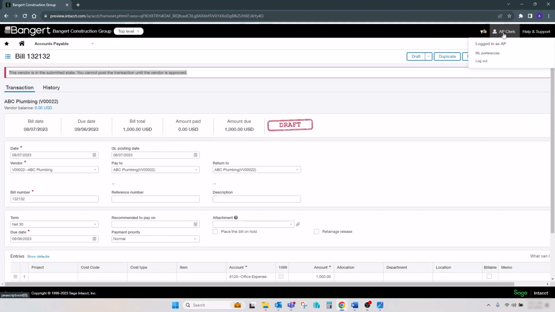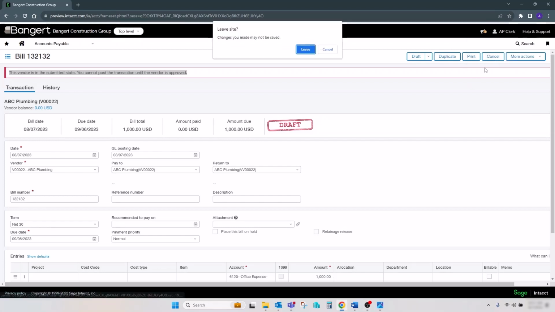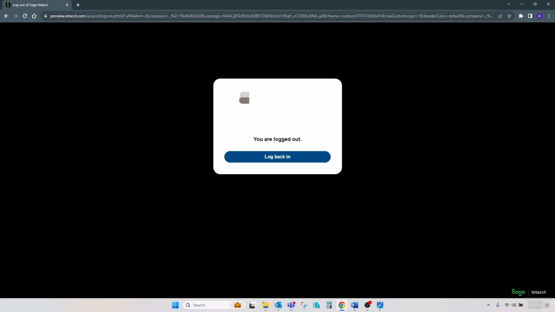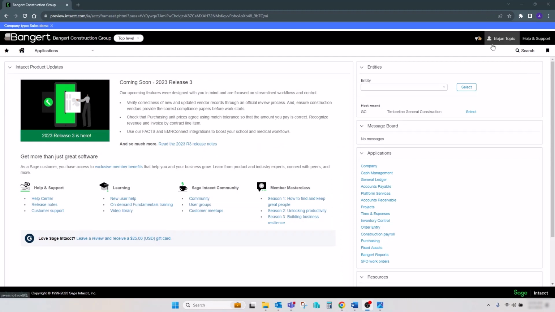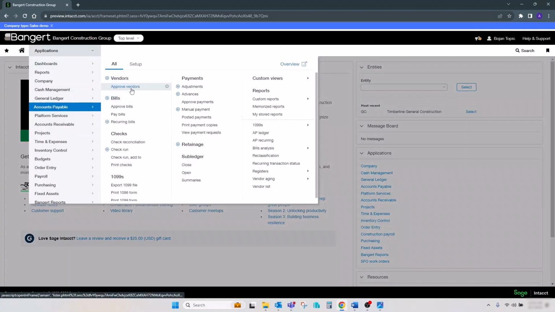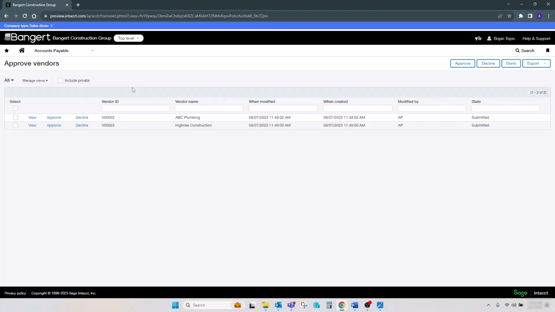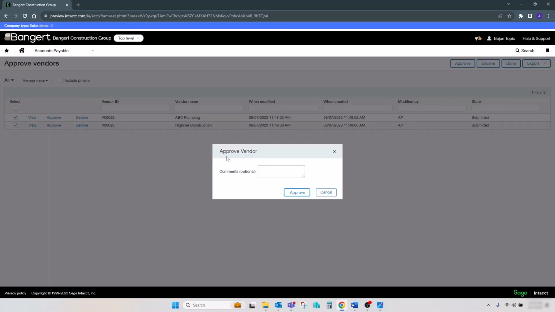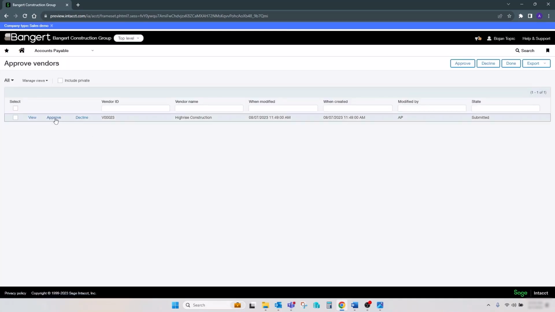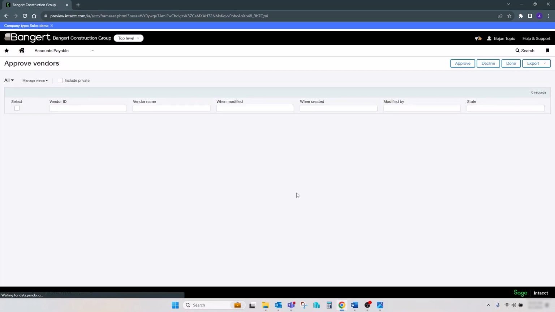I can now change my login and log in as a user who has permission to approve vendor records. Approvers can be notified via email that new vendor records have been set up. They would log onto the system, go to Accounts Payable, and approve the vendor list. This will give them the option to quickly access and approve vendors with or without comments posted for the approval process.